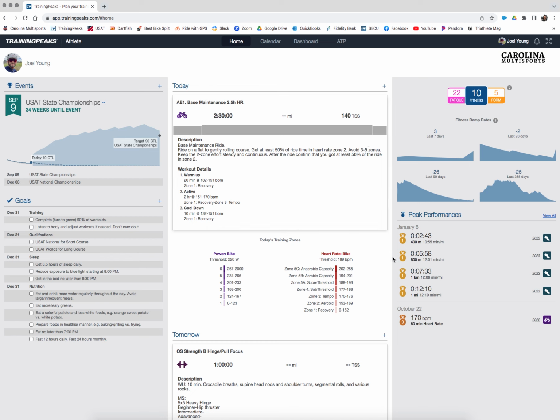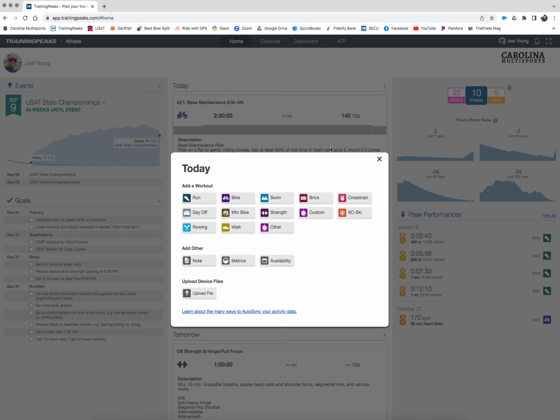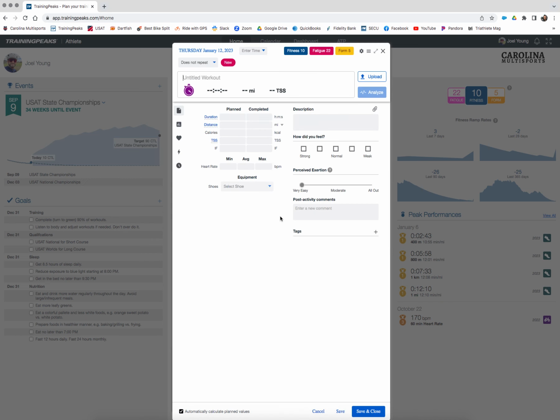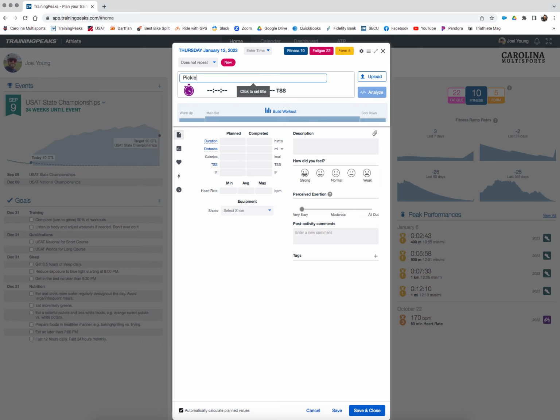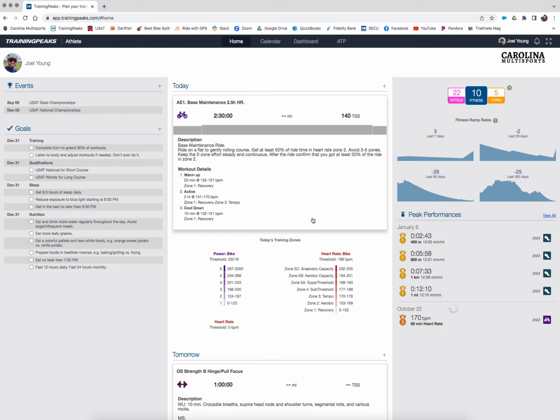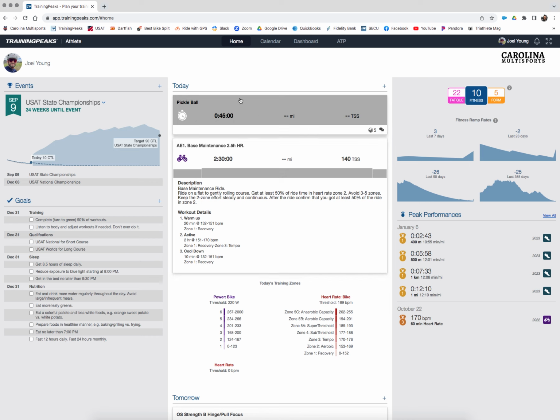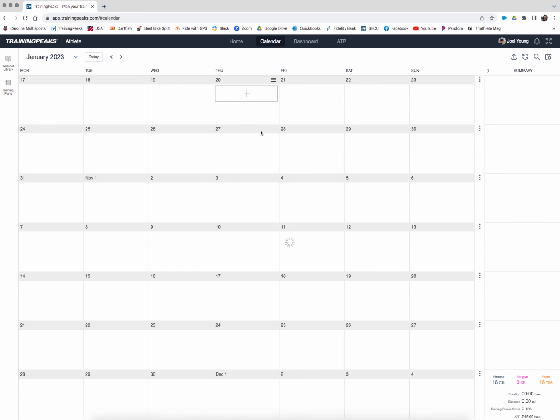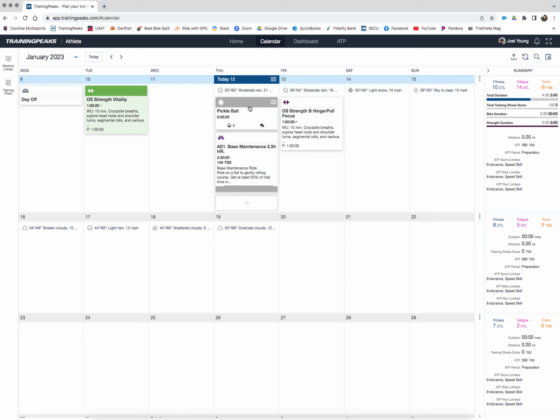You can use these plus signs here as well to add other events that you may also do that are not part of the training plan. So as an example, you might have gone and played pickleball with your friend. So let's put pickleball, and we played for 45 minutes as an example. We felt great. Our perceived exertion was, say, moderate, and then you can save that. So that's going to put in here that you completed an event.